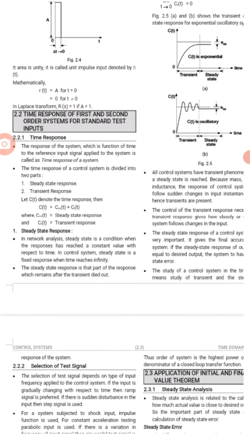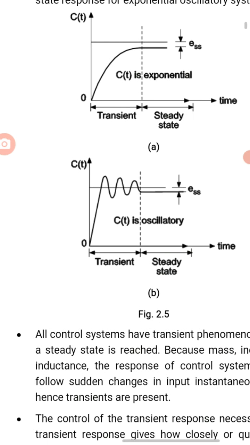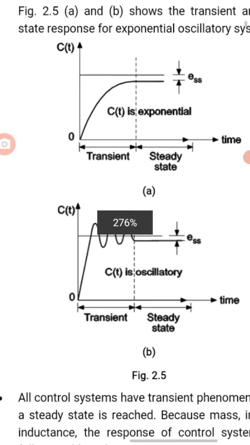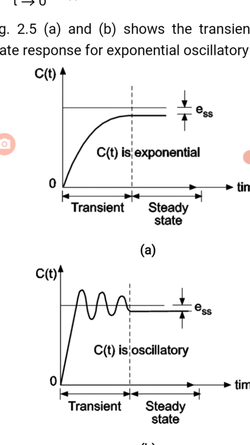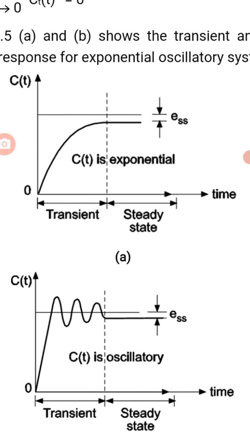Let us understand a function. Figure 2.5a shows c(t) versus time. In c(t), there is a 1 volt DC supply, which is nothing but a thin line, and this thin line is the input DC supply or input step supply, while the thick line shows the response of the system, the output of the system.